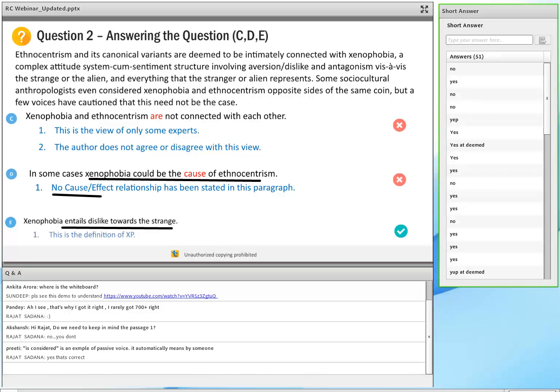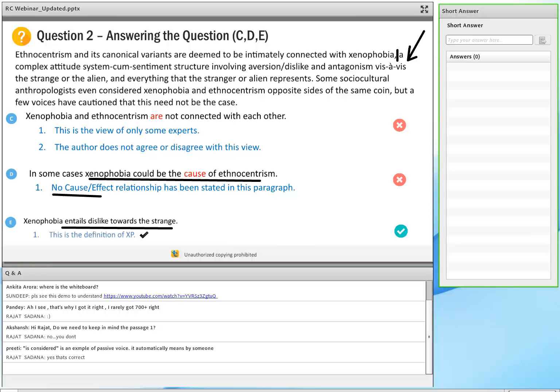Yes, it does. But why? Because remember, we broke this down over here as part B, and this is what the author's definition is. And this is something that you can infer from the passage. Why? Because the author agrees with this. And that's the definition. That's the only part where the author presents his own view, and which is what makes choice E the correct answer.